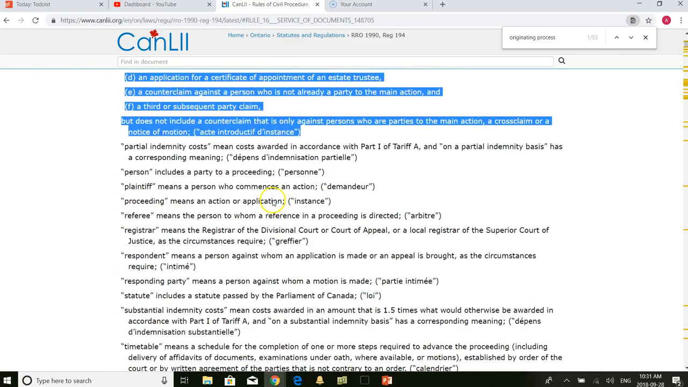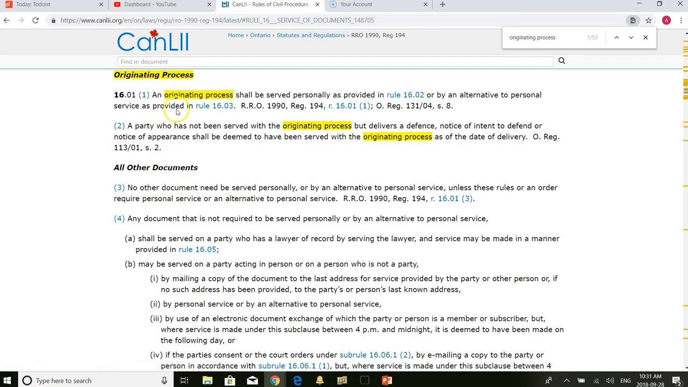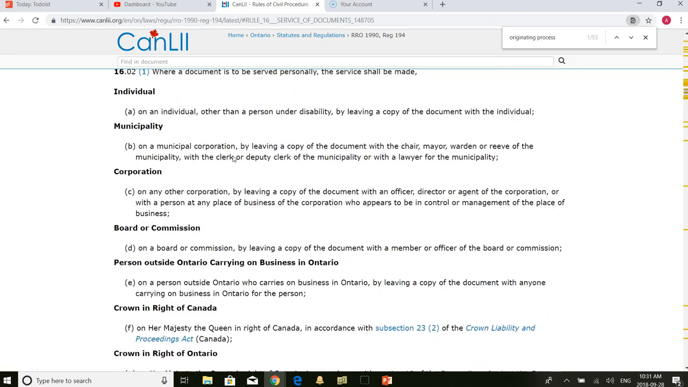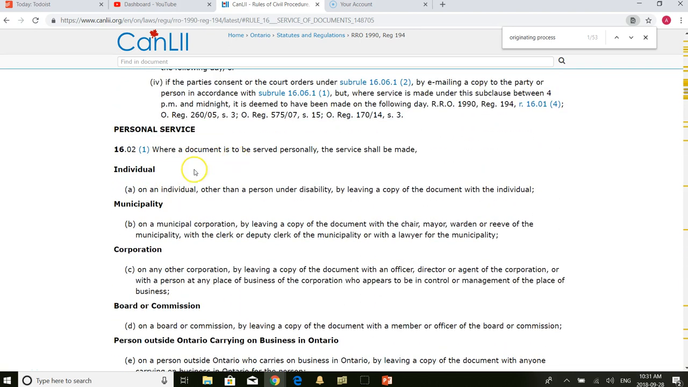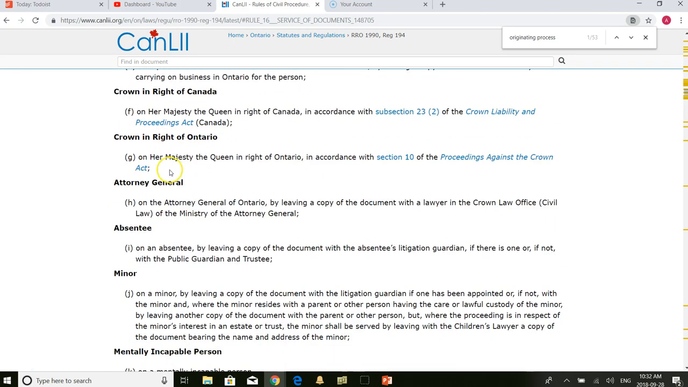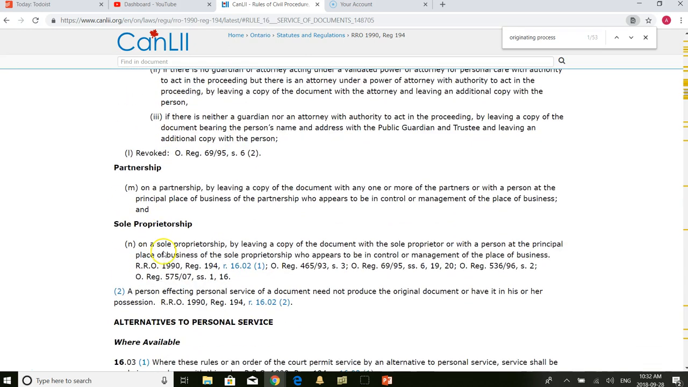Now let's go down to Rule 16.01 so that we can have a quick look. As I mentioned, 16.01 basically says that originating process shall be served personally or by an alternative to personal service. And if you scroll down, 16.02 is the one that I just briefly went over, and then it talks about how to serve an individual, municipality, corporation, board or commission, person outside Ontario carrying on business in Ontario, Crown in Right of Canada, Crown in Right of Ontario, Attorney General, absentee, minor, mentally incapable person, partnership, sole